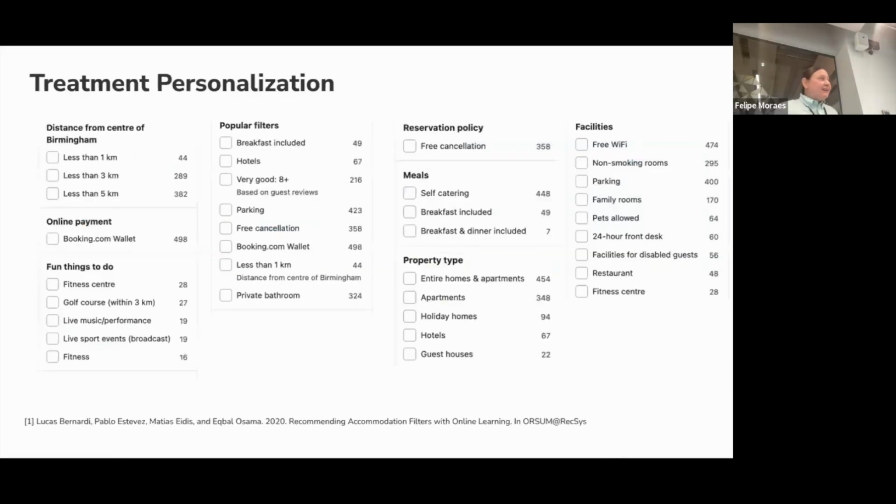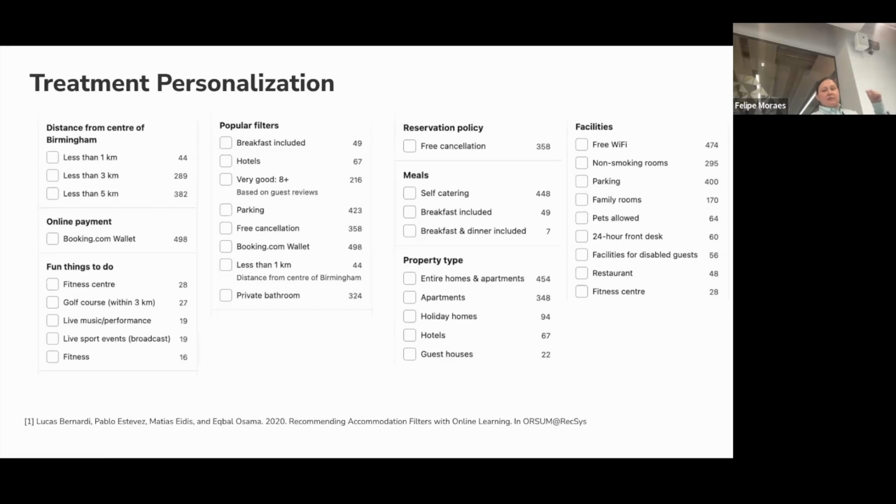But actually we have millions of visitors and 28 million listings on our site. So that dimension, family friendly or not family friendly, is only one of them. And our users have the ability to narrow their choice. For example, if you are traveling to Birmingham, you can use a set of filters to define basically the things which you are looking for.